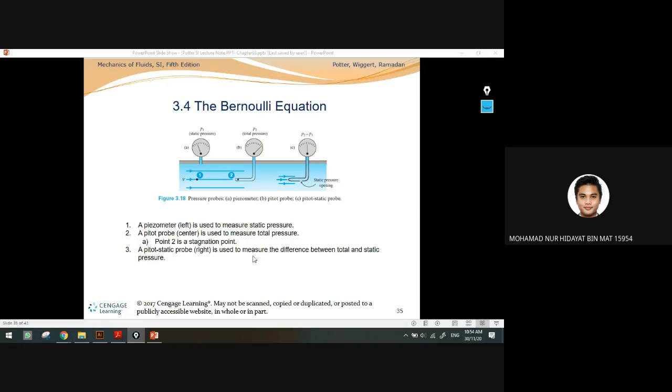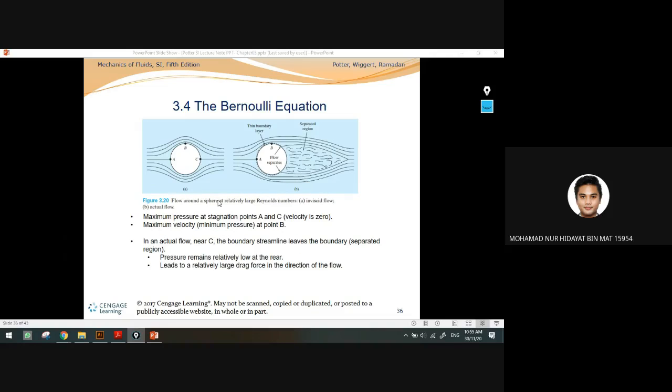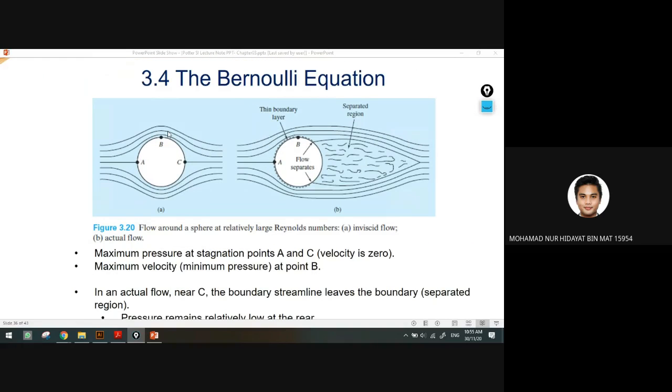The right side is a measure of the difference between the total and static pressure. So this one, pressure P2 minus P1, we got here using this device, the pitot static probe. Okay, so normally the Bernoulli equation is very useful when we encounter this kind of problem, where this is the